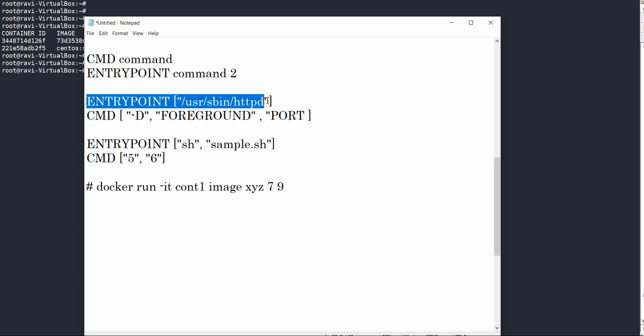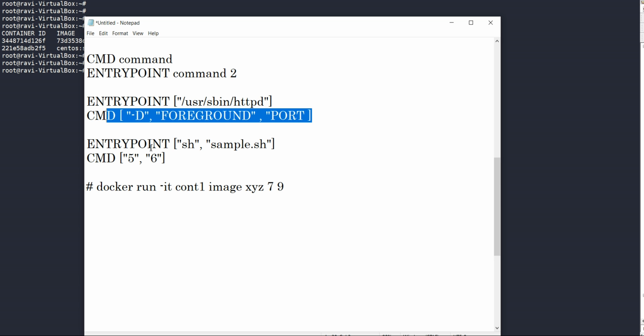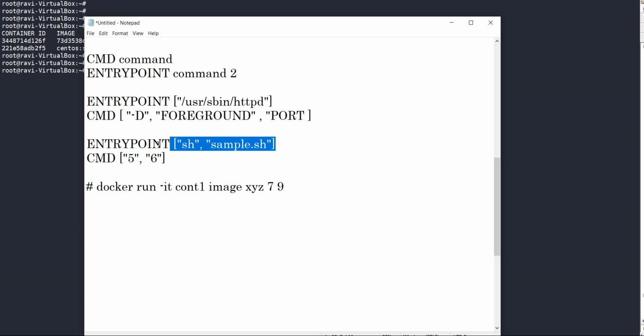As I've shown you, ENTRYPOINT is my static command that will always execute. By CMD I can specify the parameters. One more example I have given: suppose I run a script sh sample.sh and CMD 5 6. So this is my static script that will always execute when my container boots, but these parameters 5 6 I can overwrite during container runtime.